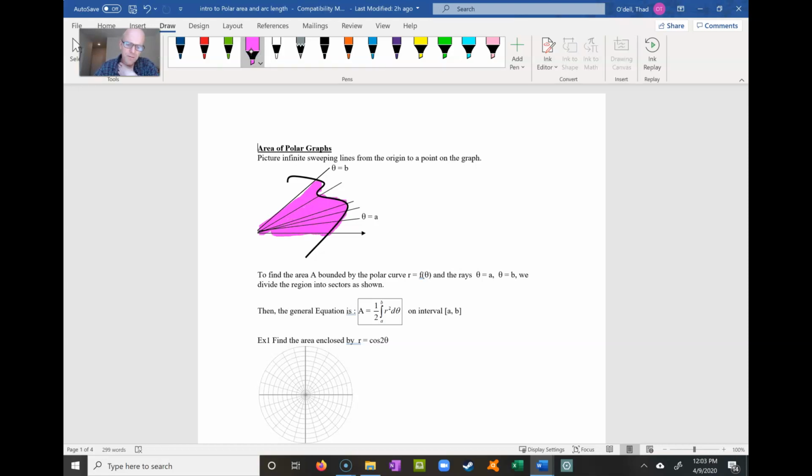I'm going to divide it up just like I normally do, divide it up into little pieces and then add up all those pieces. That's what integration does, right? So here's an example of one. What we're doing is breaking it into a bunch of small angles. So here's one sector right there. If I'm finding the area of this sector plus the area of this sector,